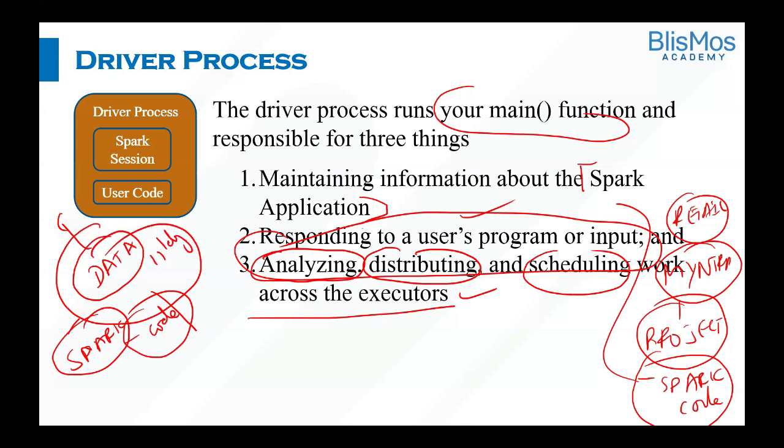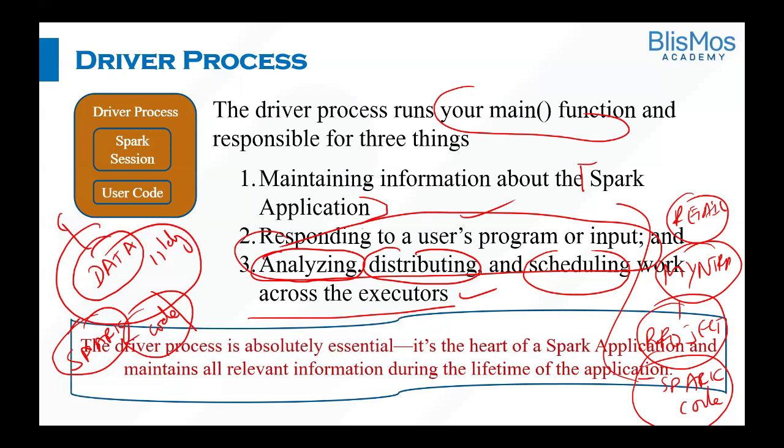of Spark. What is lub-dub? Heartbeat. Heartbeat. Okay. Heartbeat is from the heart only, right? Okay. So since it is absolutely essential and performs the important aspects of Spark, it is called the heart of Spark. Okay. It is called the heart of Spark.